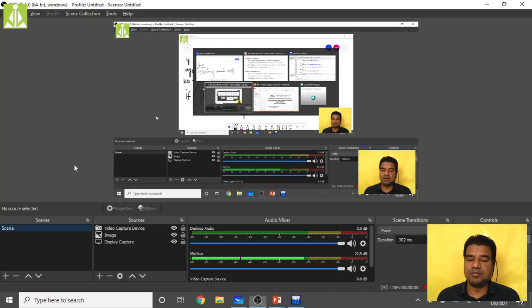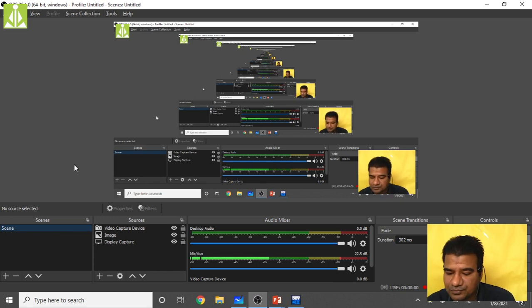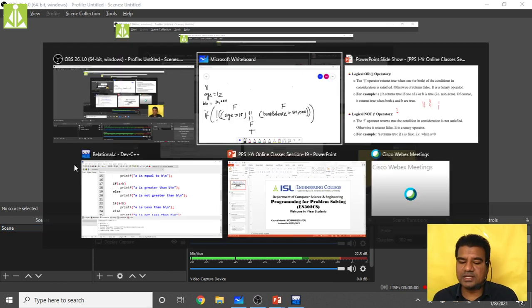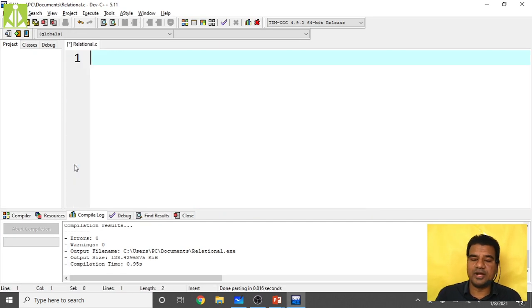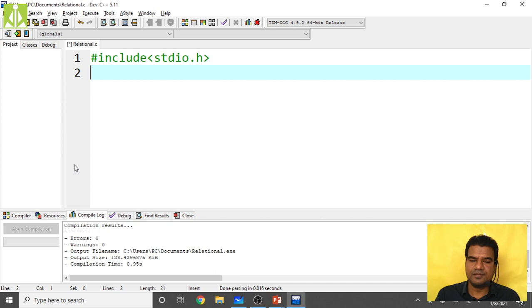Quickly we do one simple program using these logical operators. So already we are running out of time. See, hash include stdio.h, then int main of void.